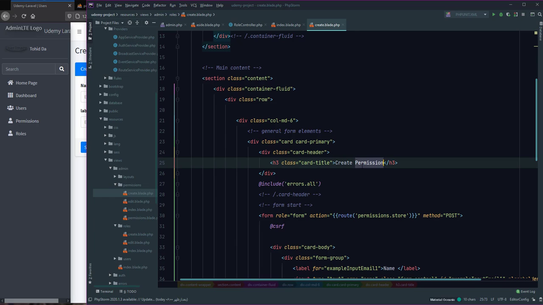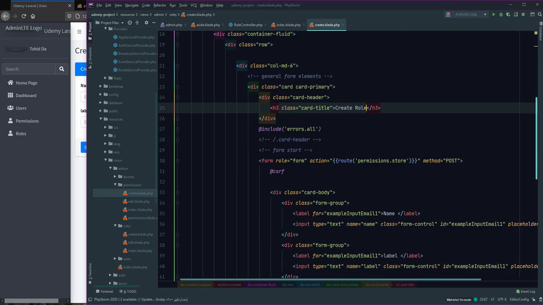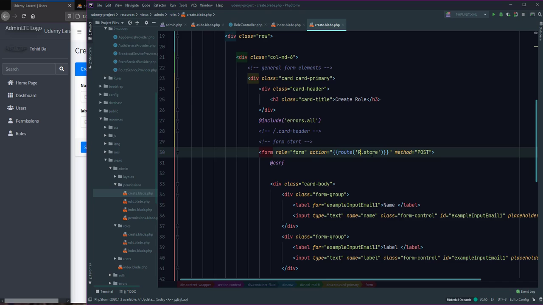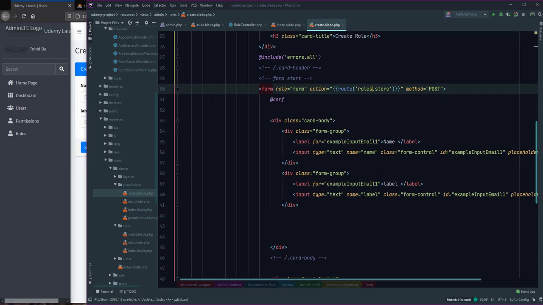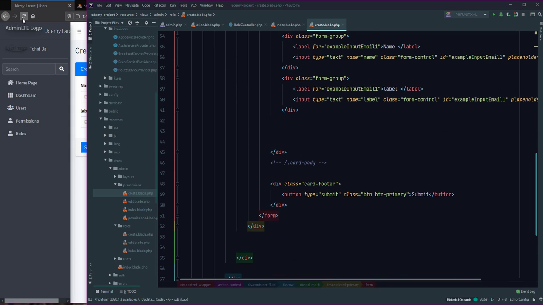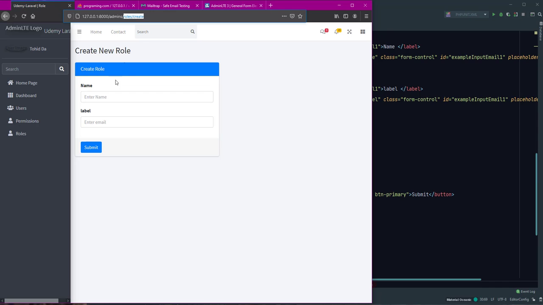Okay, we can define role, role create role, and roles store, and name, label, and submit. Okay, refresh and change it. New role, support manager. Okay,